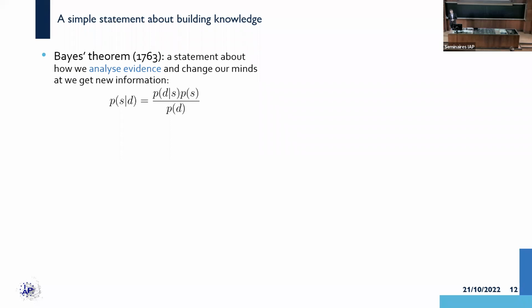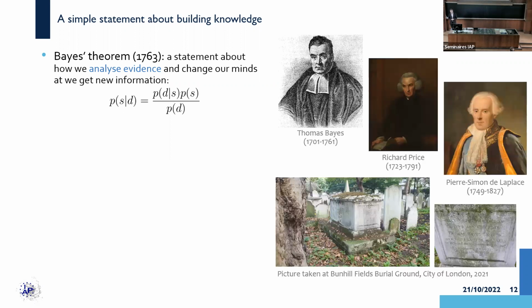Bayes' theorem is this statement about how we analyze evidence and how we change our minds as we get new information. I guess for this audience, I don't really have to comment on the terms appearing. Just to show you the players in the field, Thomas Bayes. Actually, the formula was published after his death by his friend and editor, Richard Price, and was also discovered independently by French physicist Laplace in, I think it's